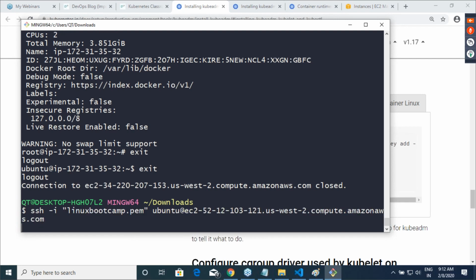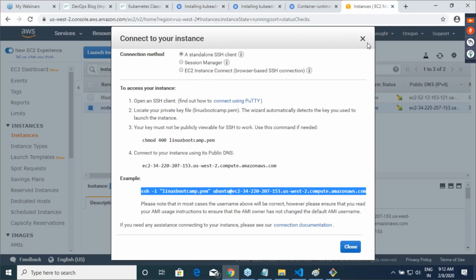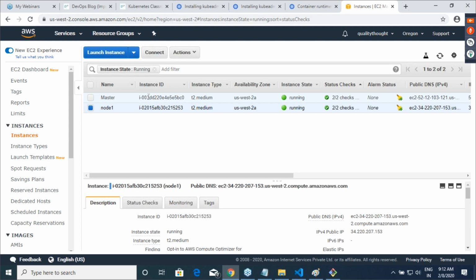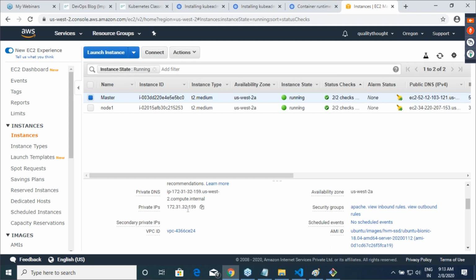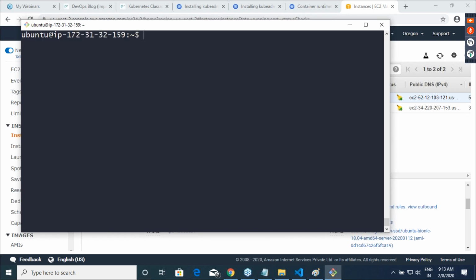My master should be this machine. I can easily find it out. On the master, I have EC2-52, and my private IP address is 32.59. Are you seeing 32.159 over here? So I'm working on master itself, right?